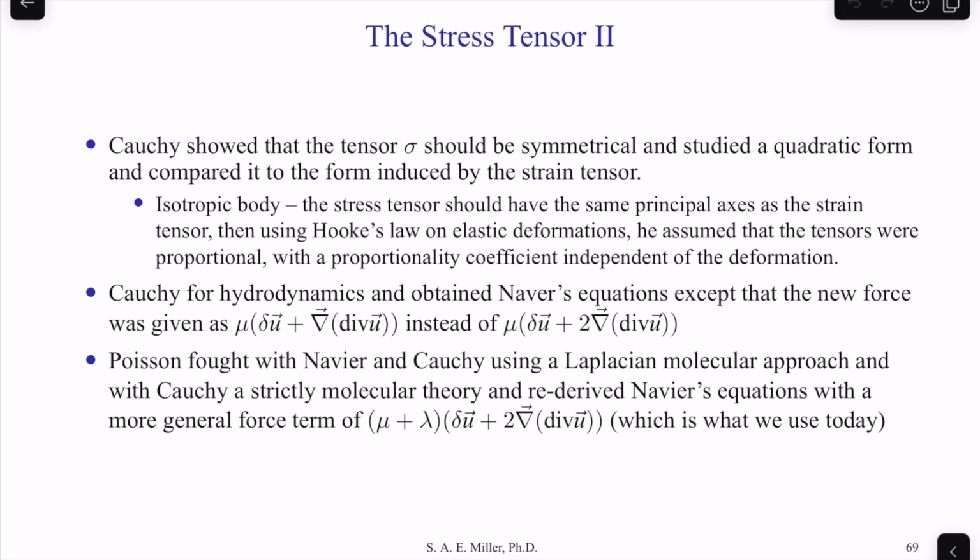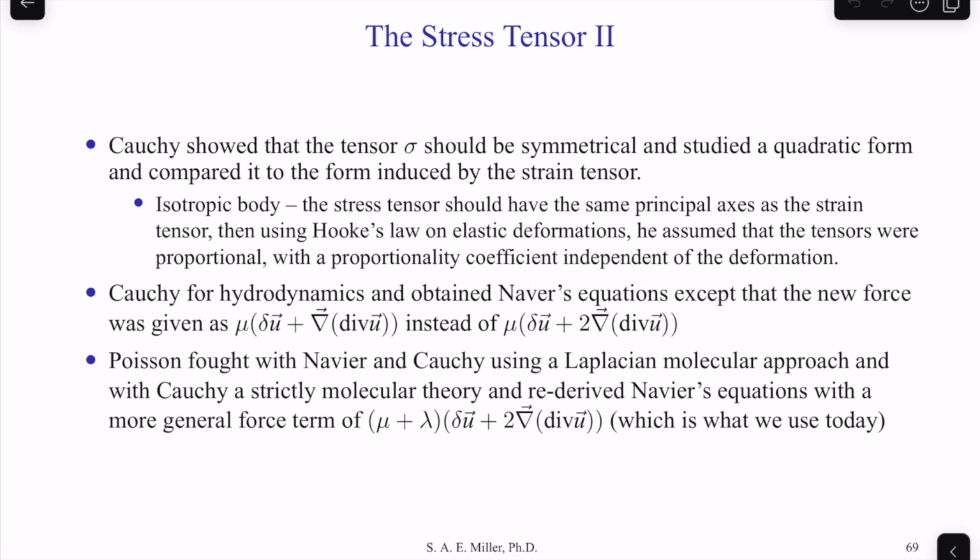Cauchy showed that the tensor sigma should be symmetrical and studied a quadratic form and compared it to the form introduced by the strain tensor, that there should be some relation. In an isotropic fluid or body, the stress tensor would have the same principal axes as the strain tensor. Then, using Hooke's law on elastic deformations, he assumed that the tensors were proportional, with a proportionality coefficient independent of the deformation. For hydrodynamics, he used Navier's equations,